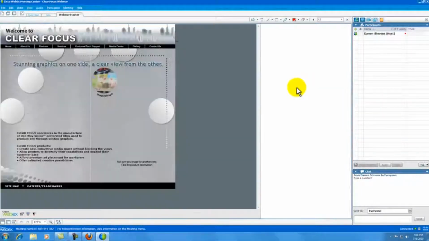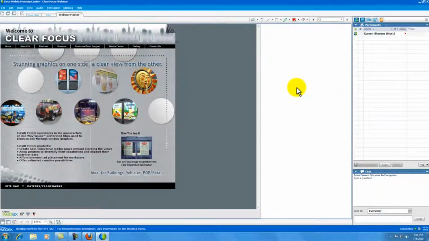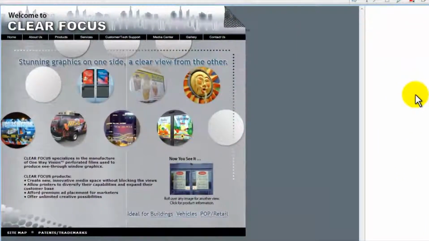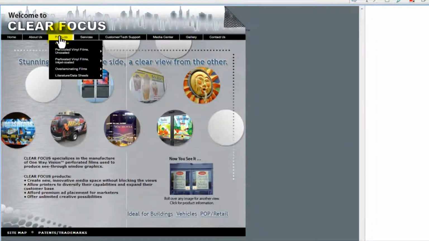I won't go through the whole thing now, but then eventually I will get to this slide, which is their ability to navigate our website and to browse our website. And just so you know, what I tell everyone is you can all browse this through this webinar. You can browse our website independently of one another. What I like to point out is that obviously our website's full of information, but I like to ask them to hover over the products tab, and then I go through the various